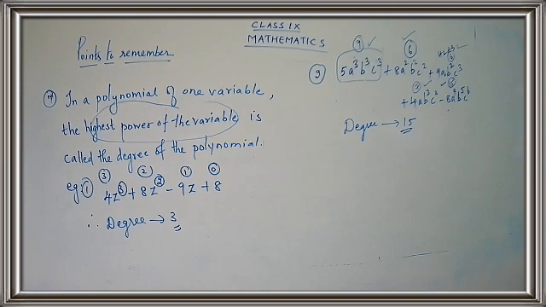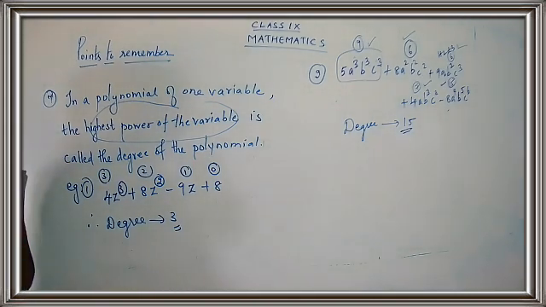Have you completed the answer, children? Are you clear with the degree part now? So how to find out the degree? If you have only one variable, just take the highest power of the variable. That gives you the answer. If you have more than one variable, just add all the powers and finally find out which is the highest power and take down that as the degree.